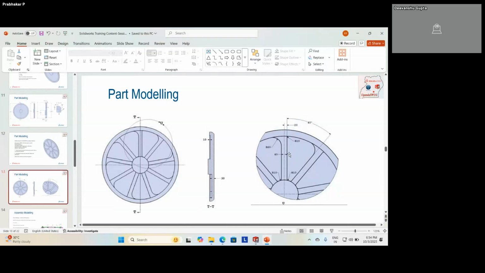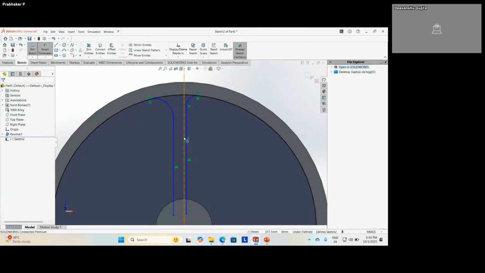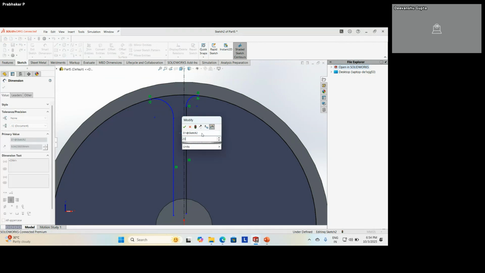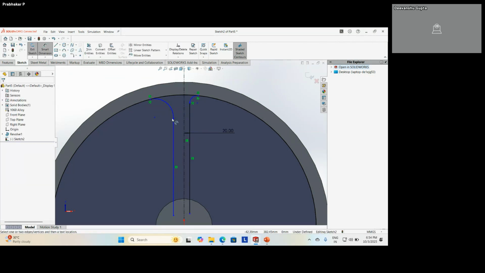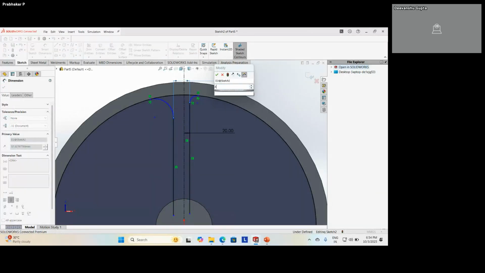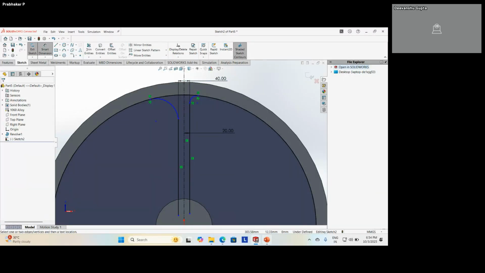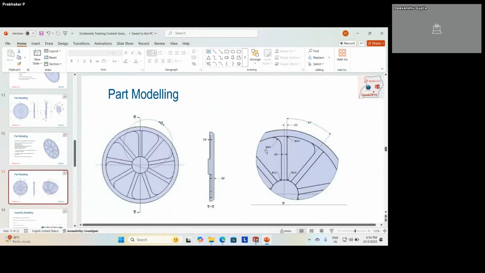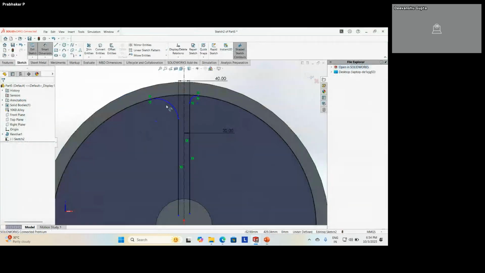Then the dimension between it is 40, 20. 20, 40, and this is radius 60, radius 10.